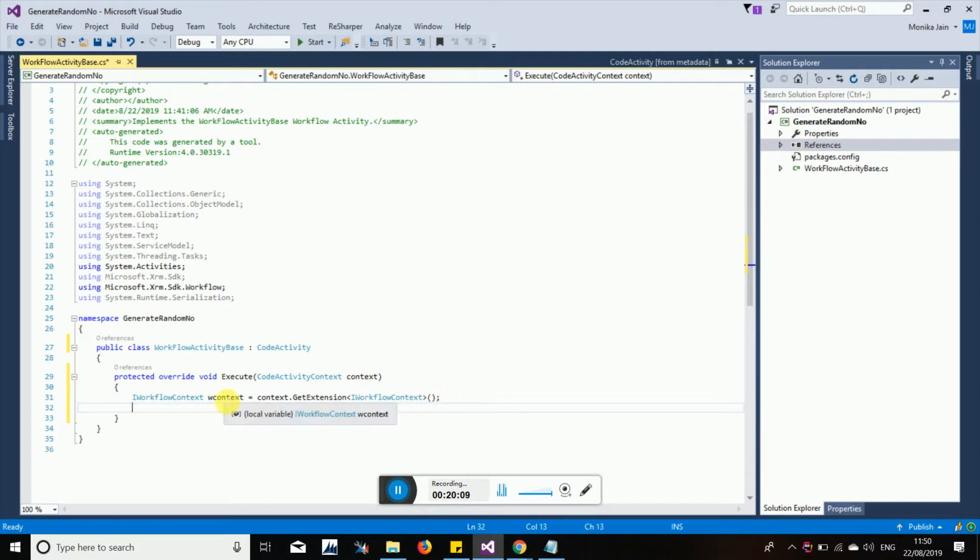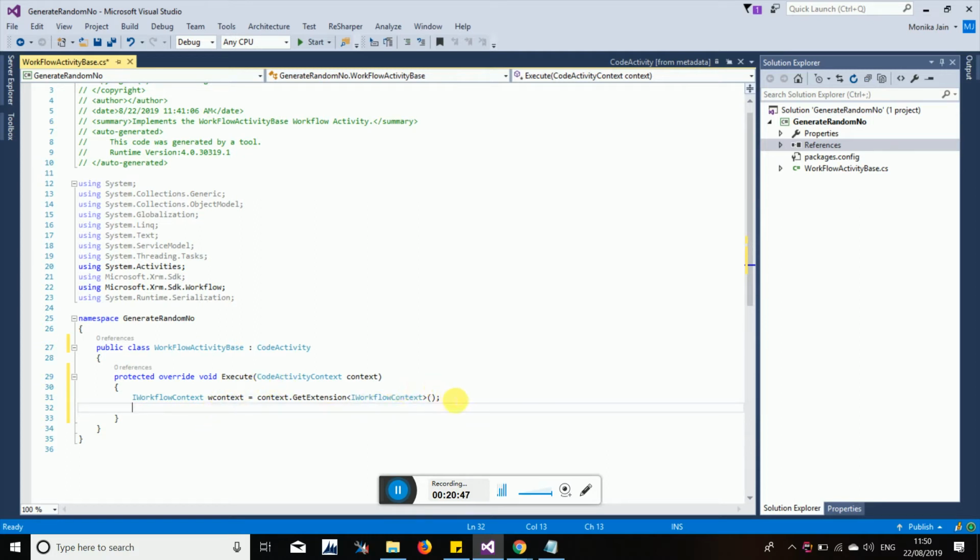So what this wContext is having right now: from this particular context object where the activity context was there, from these activities we have taken the information about the current workflow which is running, because the activity context will be having all the activities like email, phone number, whatever task you are doing. As we want information specifically about the currently running workflow, we have taken it here in wContext, from context.GetExtension IWorkflowContext. So we have taken the extension of this workflow context, and then stored it here.